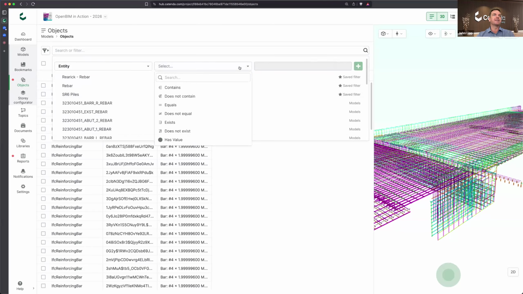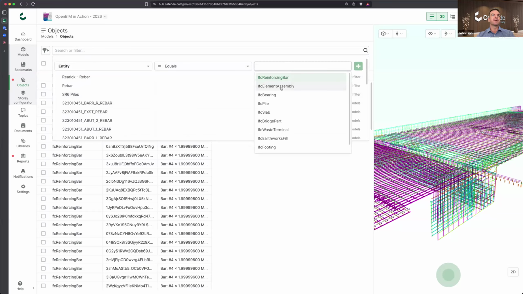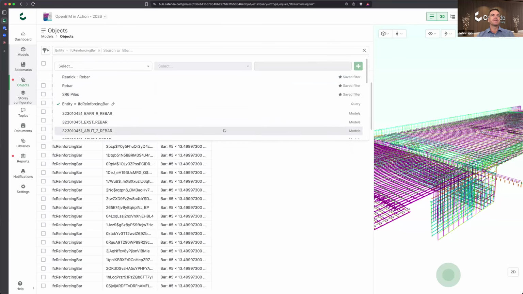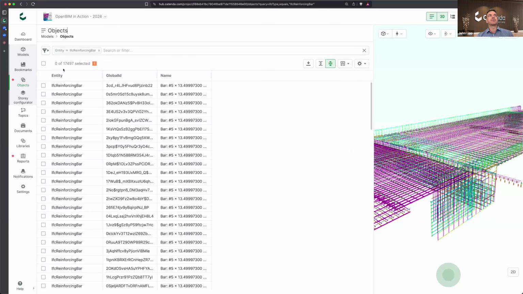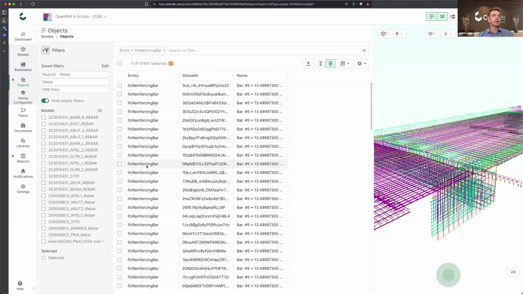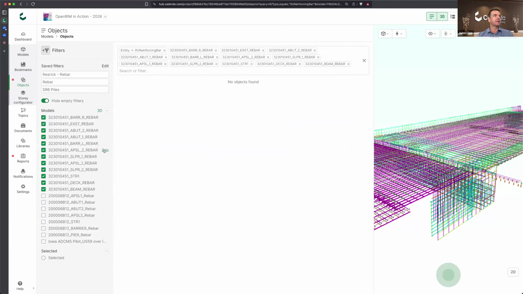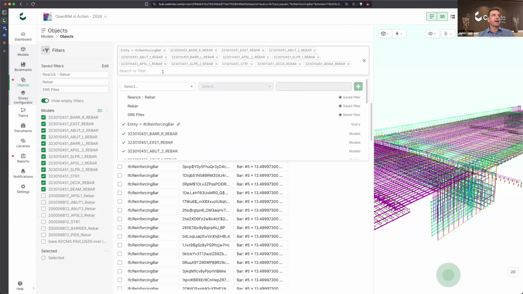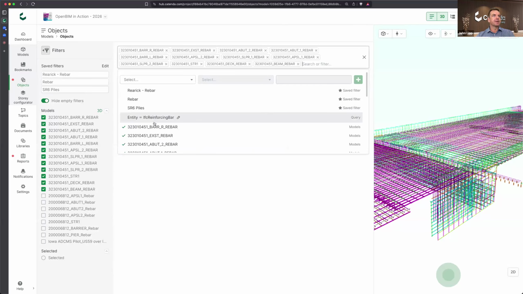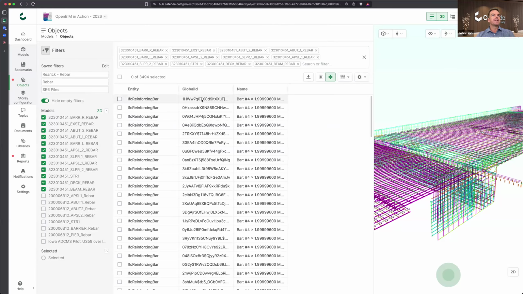I'm going to look at my entities. I'll do only the reinforcing bars, add this as a filter. And now it's pruned it down. Actually, I should probably filter this only by what's visible in the view. There we go. And then I can add my entities, reinforcing bar. And so I have